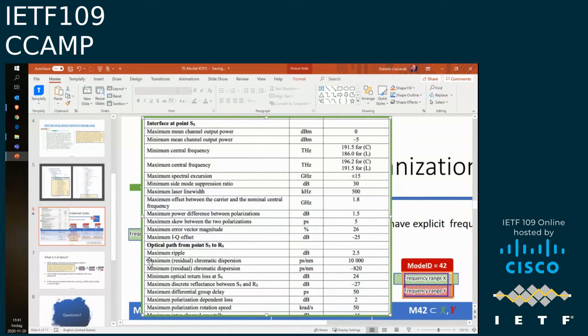So if a specific mode ID is a kind of representation of so many parameters behind, I think it is questionable, because these parameters will impact the interoperability between the two transponders. So